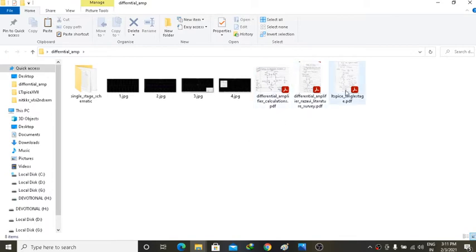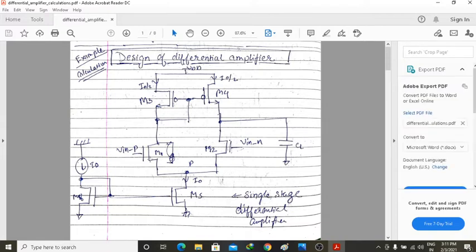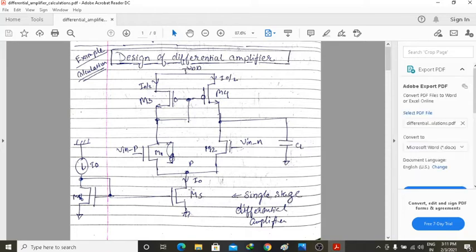So let's open it. You see, guys, this is the design of the differential amplifier. M1, M2, M3 and M4: M3 and M4 are PMOSes, and M1 and M2 are NMOS. Obviously this ISS we replace by a current source, and then we mirror it, and this is I naught. This is quite simple, right? And we take the output from one end, so we don't take the output from both points, like here and here.